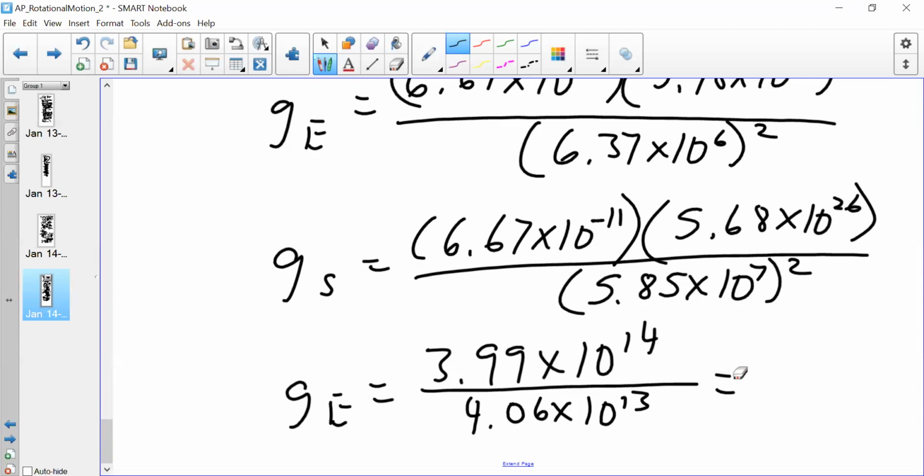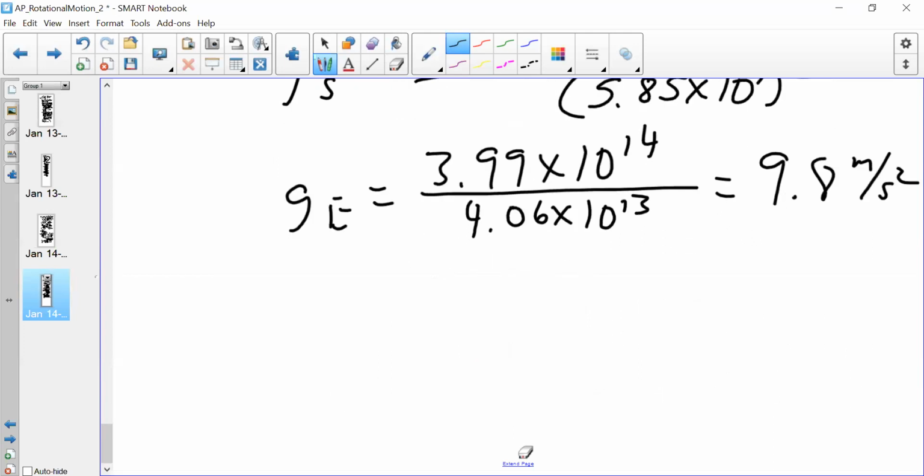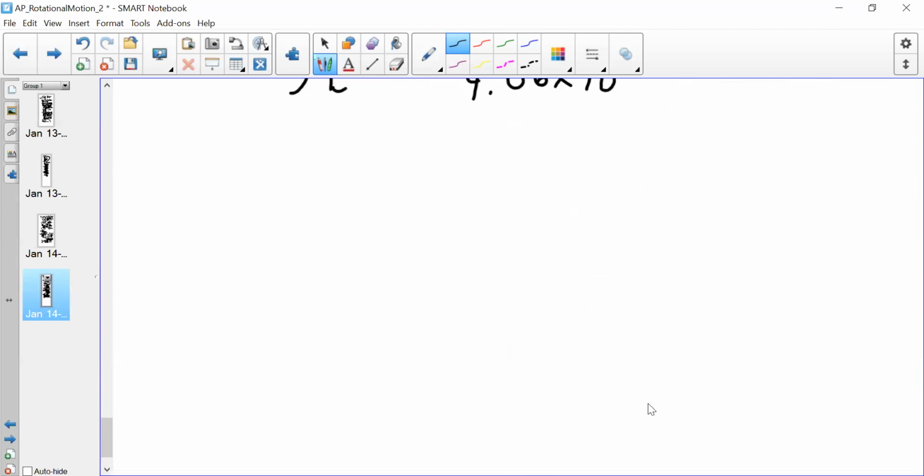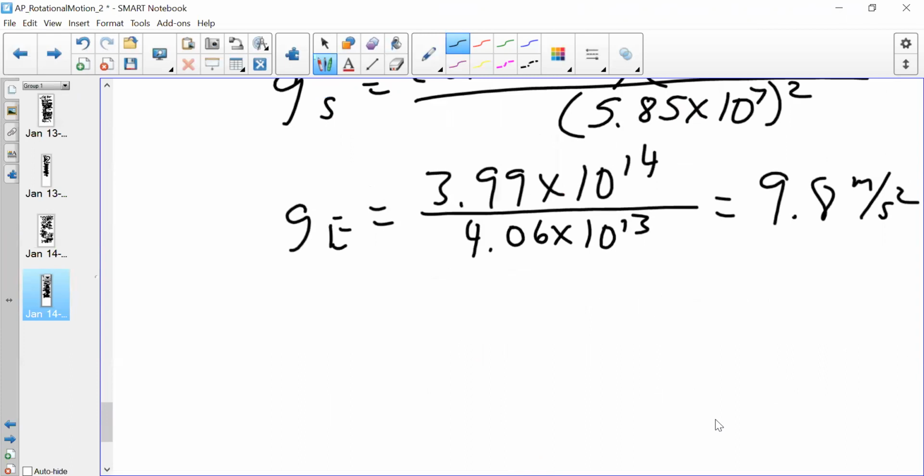Okay, sig figs, yada, yada, we get 9.82, well, roughly 9.8 meters per second squared. So verify that now. We use the same logic to get